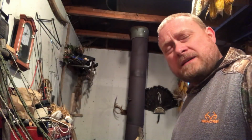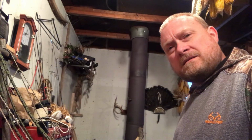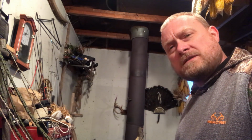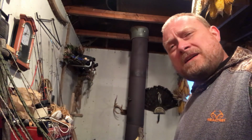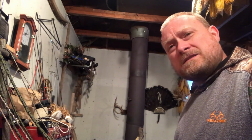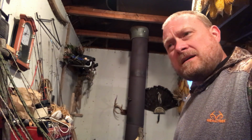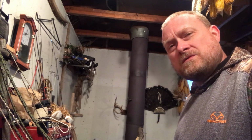Hey guys, we're back inside now. I'm going to take a few minutes here to show you how easy it is to take the bark off of these prickly ash trees. Now, this entire tree was considered medicinal, but most commonly the bark is what was used